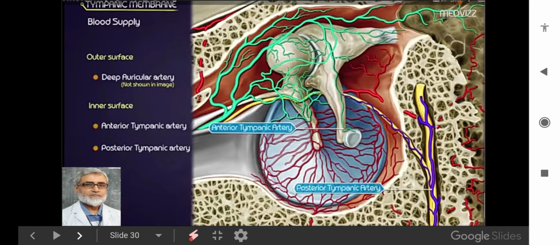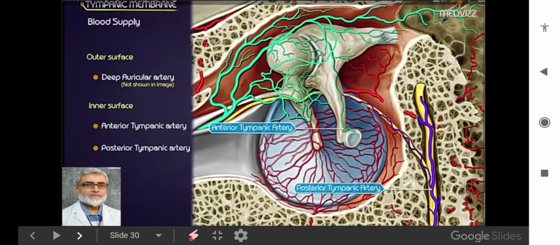Regarding the blood supply of the tympanic membrane, the outer surface is supplied by the deep auricular artery, a branch of the first part of the maxillary artery. The inner surface is supplied by the anterior tympanic artery. No, it is a branch of the first part of the maxillary artery. Sorry, the outer surface is supplied by the deep auricular artery, branch of the first part of the maxillary artery, and your inner